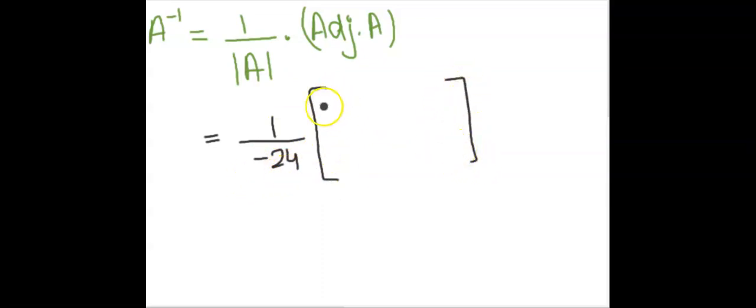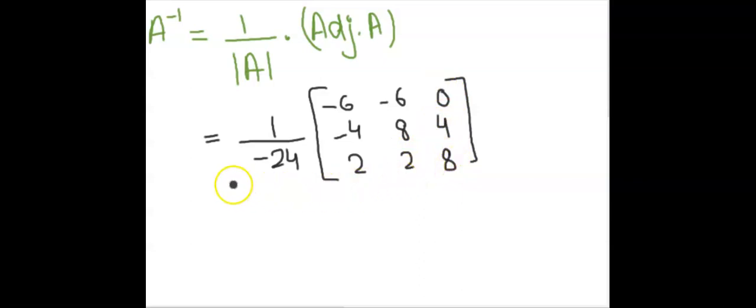So that matrix was minus 6, minus 4, 2, minus 6, 8, 2, 0, 4, 8. Yeah. So if you want, you can divide everything by 24. When you divide everything by 24, you will get the answer for A inverse as